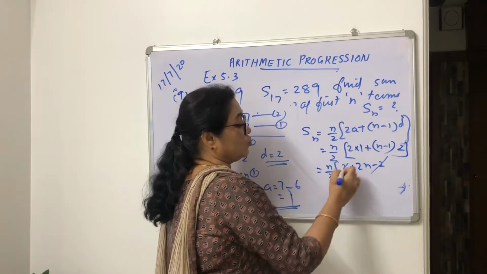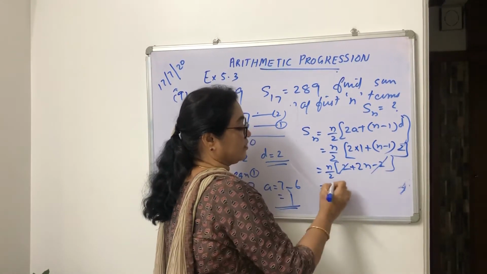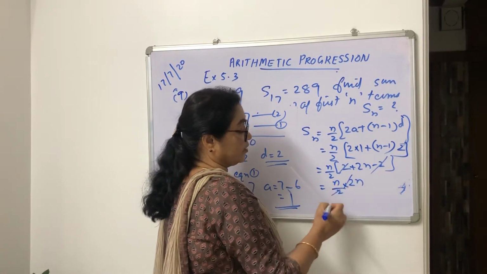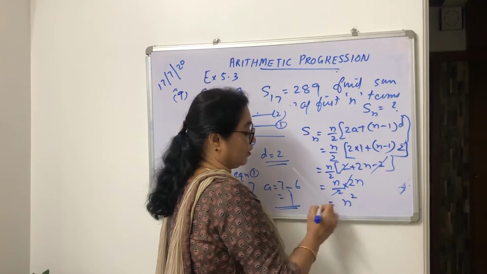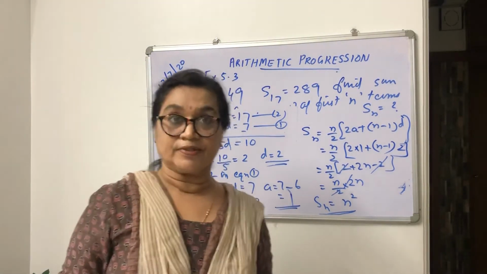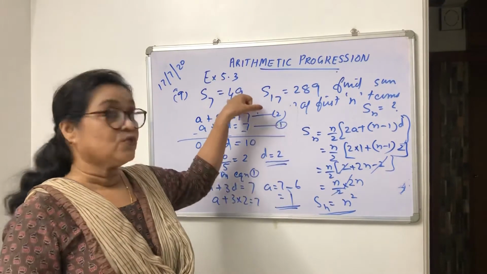minus 2. This 2n plus 2 minus 2 is cancelled. N by 2 into 2n. This 2 and 2 cancel, so it is equal to n squared. So you got Sn equal to n squared. Okay? So first we have taken